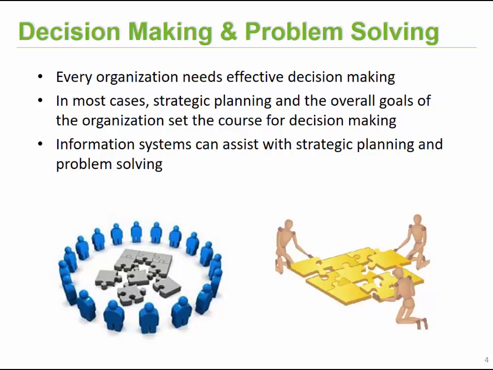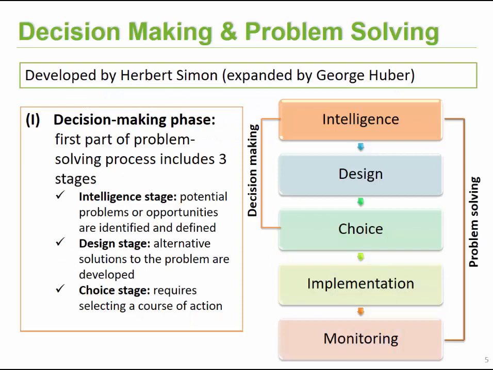So what is decision-making and problem solving? Now, there was actually two people involved in this process. The original phase, the decision-making section, which includes intelligence, design and choice, that was designed by Herbert Simon. And then later on, George Huber said that we can't just have decision making, we need to include problem solving, and Huber actually added implementation and monitoring. Now this is actually very important. If you were asked to explain the steps in decision making, it's important that you realize that it was developed by Herbert Simon and that it includes intelligence, design and choice,